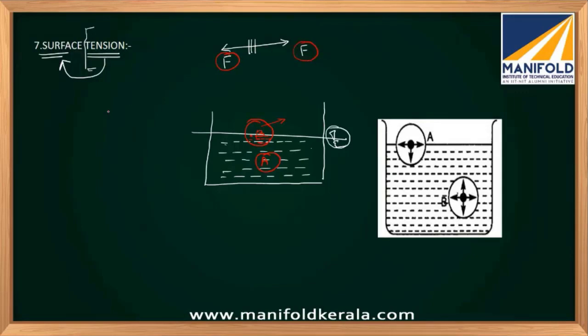Am I right? Now, when we come to fluids, we have told that there will be two forces called cohesive forces and adhesive forces. Right? So, either cohesive forces or adhesive forces which are acting on the fluid particle should make the tension on the surface. For example, you take a rubber band and stretch it. That is, at both ends of the rubber band there is some force. In the middle, you will be finding the tension in the rubber band. The same way, this diagram, similarly this one.